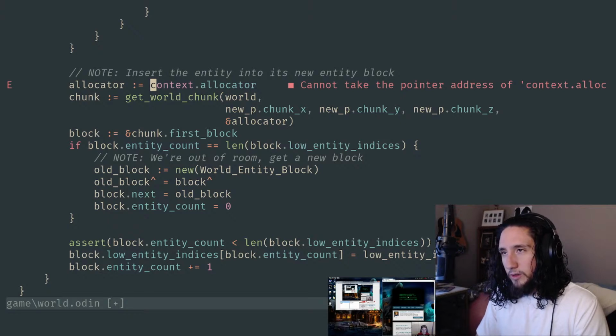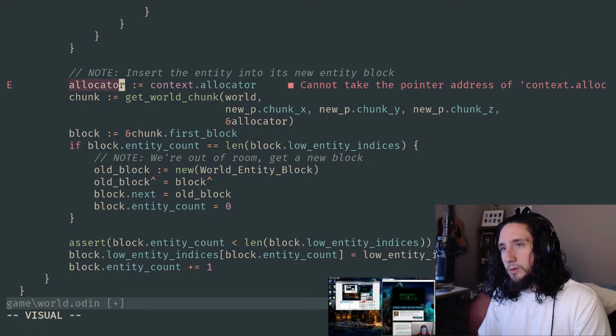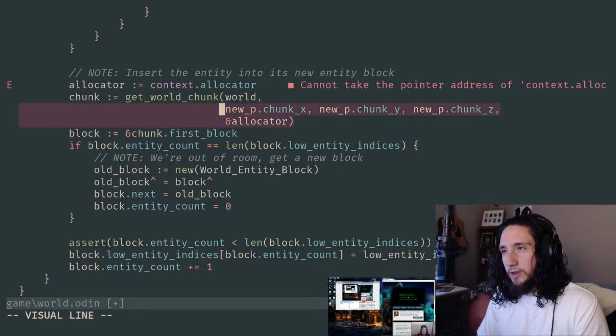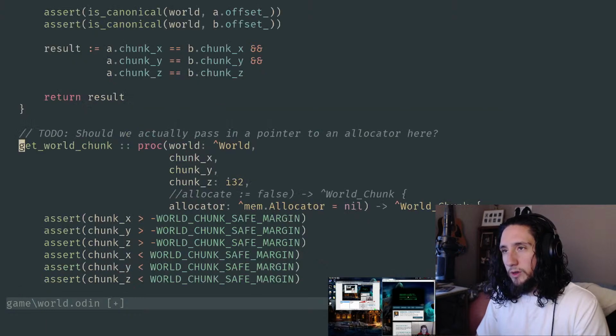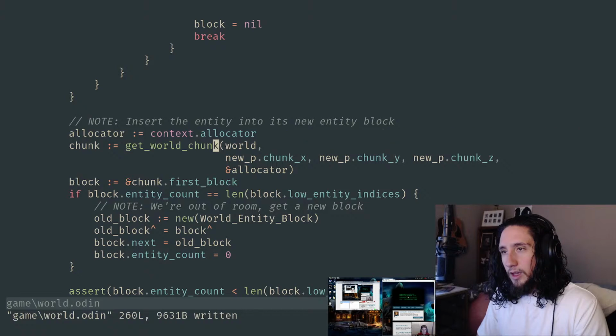So as much as I want to dig into the code base and understand how that actually works underneath the hood, I went ahead and just experimented by printing out both the context allocator and a new allocator variable being set off of the context allocator, and it looks like they point to the same base address underneath the hood. And therefore, I think we're safe to do this. Maybe this isn't the most idiomatic way to do it with Odin, but I think that's fine. If there's a better way to do it, it will reveal itself to us at some point. So I'm going to stick with this for now, and we'll see how it goes.